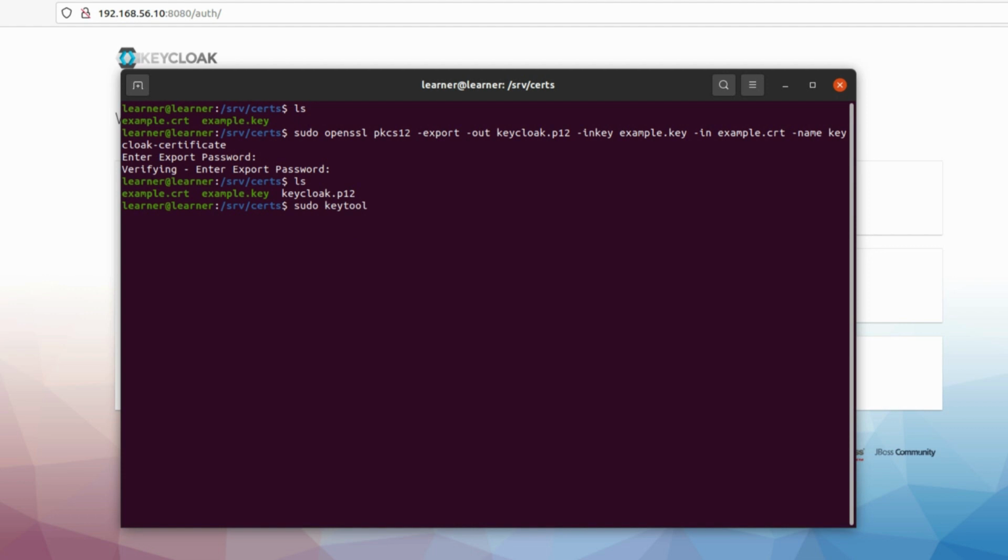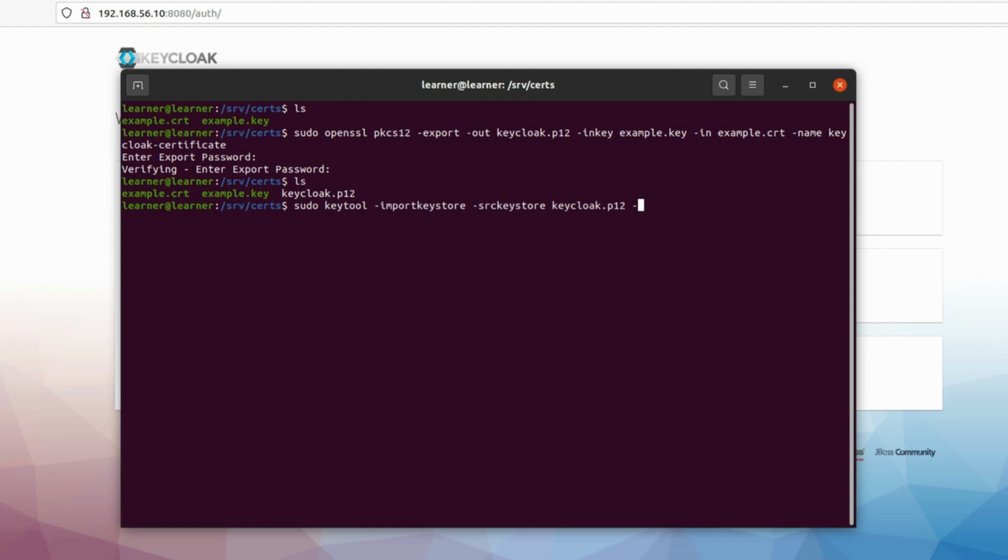Sudo keytool minus importkeystore, because we want to import a keystore, and after that minus srckeystore. So srckeystore stands for source keystore. So our source keystore is this keystore here, and after that we select its name,